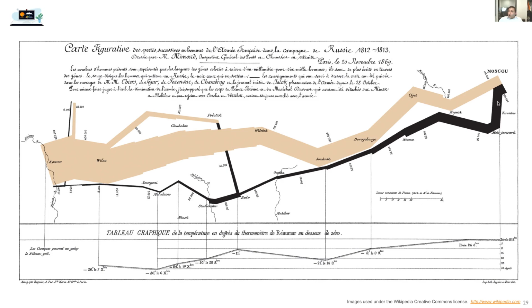On their way home, the weather got colder and colder, and also they were still facing battles, and hence this sudden decrease in the number of troops, as you can see here and here. So at this point, the number of troops in the army was just 37,000. Another significant drop here, perhaps as a result of a battle, and as you can see, the weather has gotten very cold. This is way cold. This is like minus 30 centigrade.